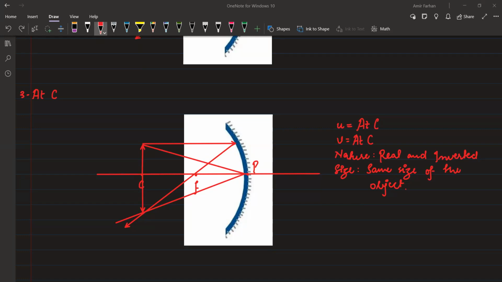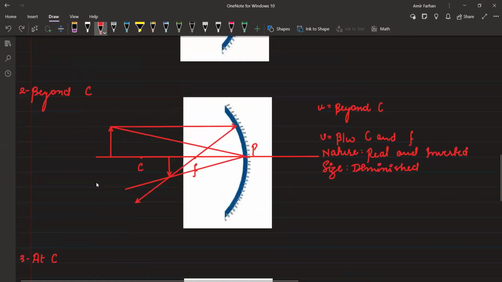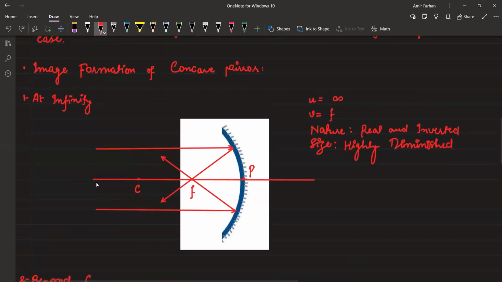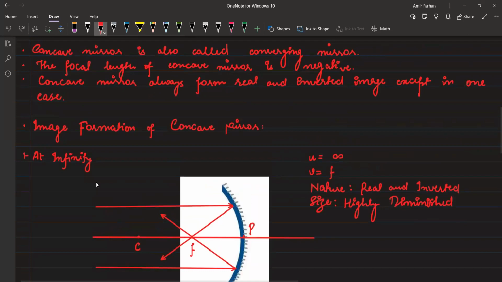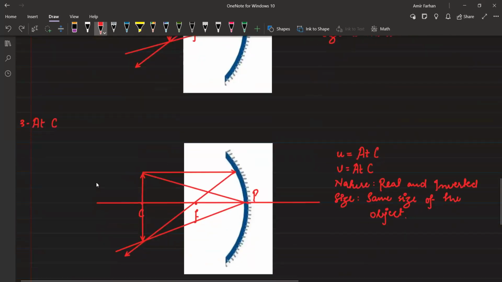Okay, if you don't have any doubt, so in this class we have done the image formation of 3 cases of the concave mirror. Now it's your job to practice all these 3 cases on your own. This is very important. You have to remember at which point, what kind of image, what is the size of the image, and where it is formed. Clear? Yes, sir. So next, in the next class,